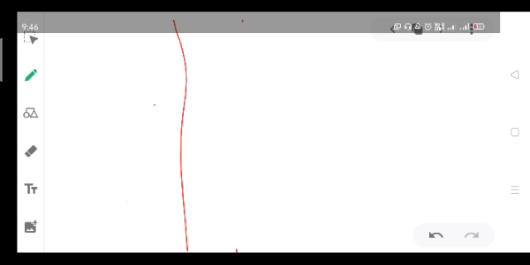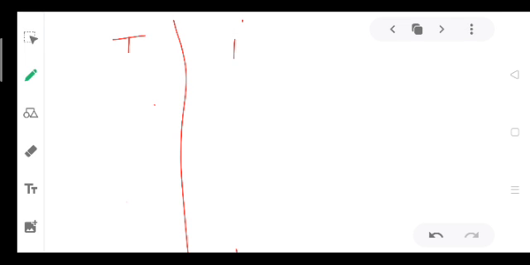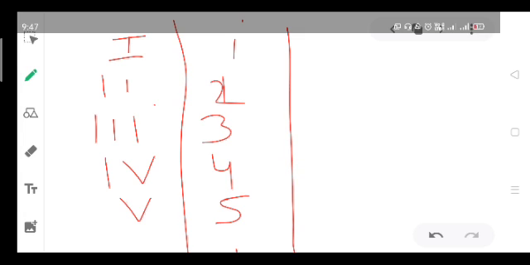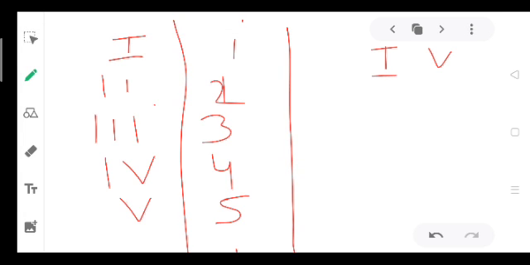So now we will complete our counting. 1 we have written, I for 1, 2 times I for 2, 3 times I for 3, and 4. Now I have cleared: firstly we will write 5 and then I on the left side. Then the symbol for 5 is V. We have the symbols I, V, X also, and the L symbol for 50, but in this class there is no need of L.